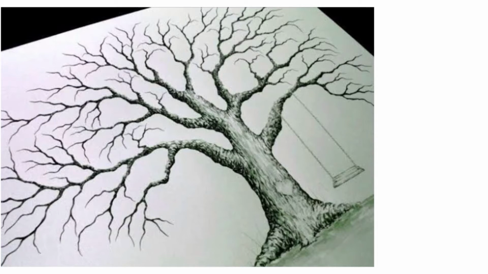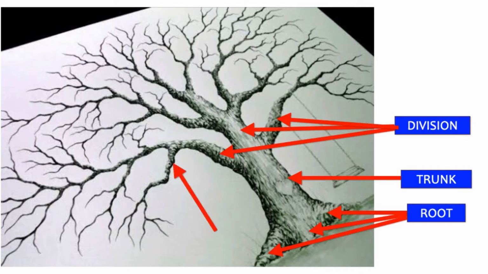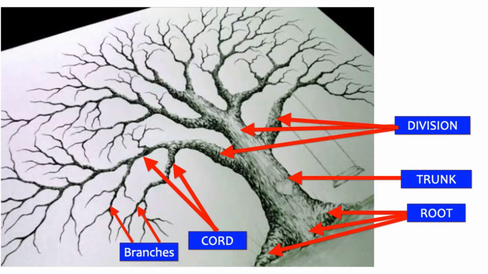For descriptive purpose, different parts of brachial plexus have been defined, and the name given to the different parts of brachial plexus are comparable to the parts of a tree. As we can see in the illustration on the screen, these are the roots of a tree which combine together to form a trunk. The trunk divides to form divisions, and the divisions further divide to give rise to cords, which finally divide to give rise to branches. Likewise, students, while naming different parts of brachial plexus, we will use the term root, followed by trunk, followed by division, followed by cord, and finally branches.